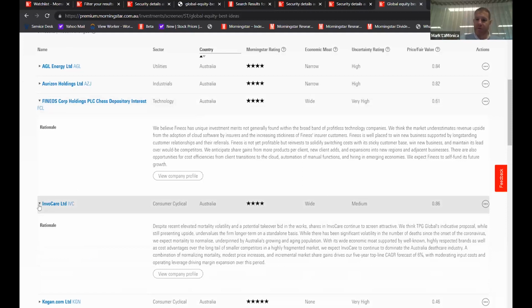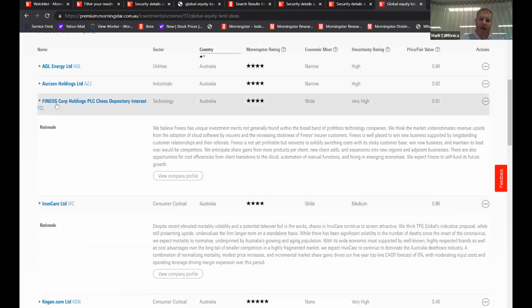Now, you can have both in your portfolio, certainly, but the upside of a company like Fineos is probably a lot higher than the upside of InvoCare. Just like the upside to a startup technology company is very different than Microsoft, which is a huge global player that dominates the market. Now, at the same time, while there's more upside in Fineos, there's also a lot more downside. So if they're not able to establish themselves, if they're not able to reach this critical mass where they even become profitable, because they're not profitable now, then of course that can be problematic as an investor. It means that you could potentially lose all your money.